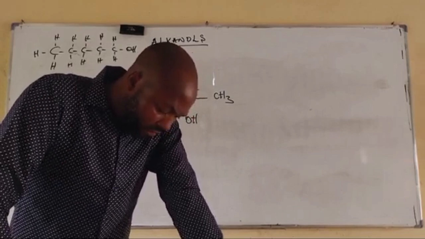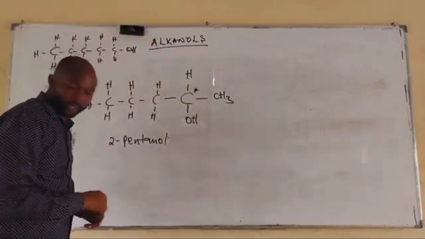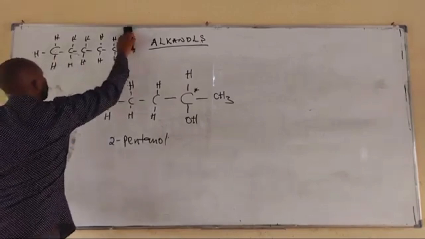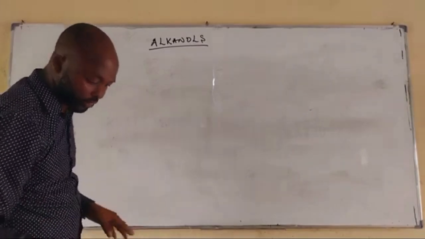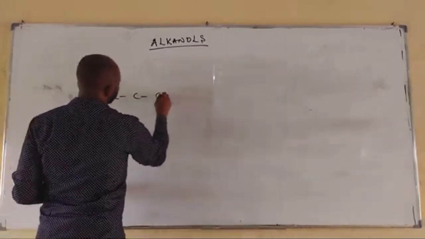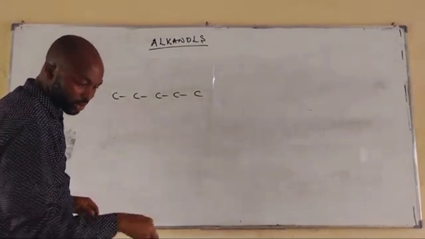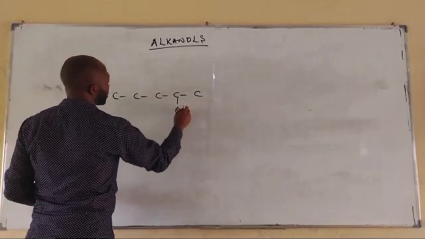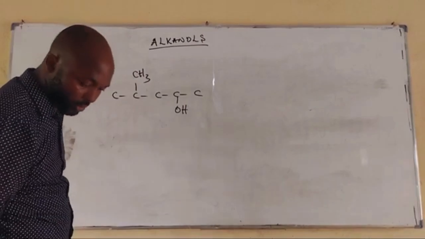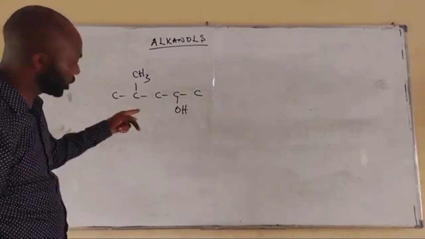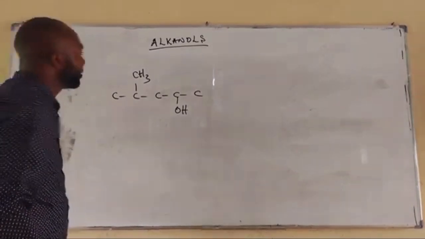We are asked to give the IUPAC name of the following compounds. Let's take the compounds. 1, 2, 3, 4, 5. Okay, 1, 2, 3, 4, 5. OH in the second position, CH3 there. Okay, that's the first one. They say we should give it a name. What's the